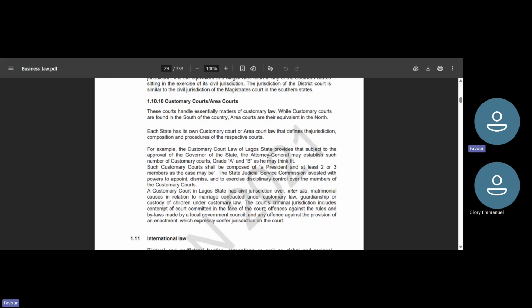So each of the courts has its own law that defines the jurisdiction, composition, and procedures of the respective court. So, for example, the Customary Court Law of Lagos State provides that, subject to the approval of the governor of the state, the attorney general may establish such number of customary courts, grade A and grade B, as it is needed. The State Judicial Service Commission is vested with the power and that. So what I'm trying to explain is that this law applies to customary courts in Lagos. Then in Edo State, we have some